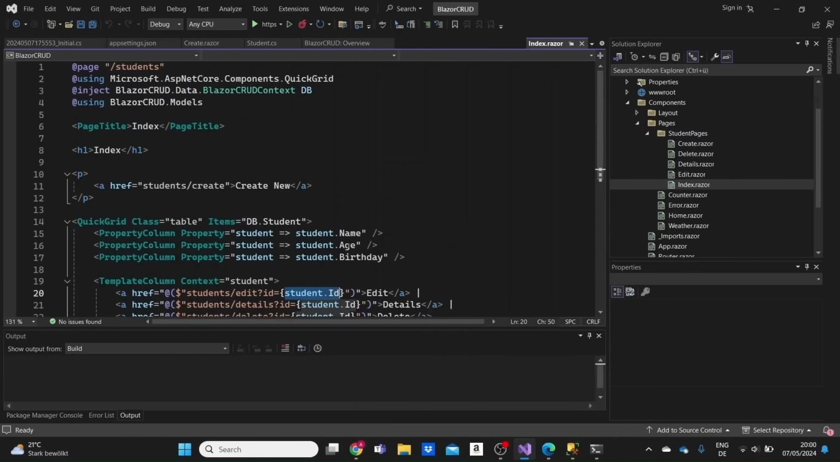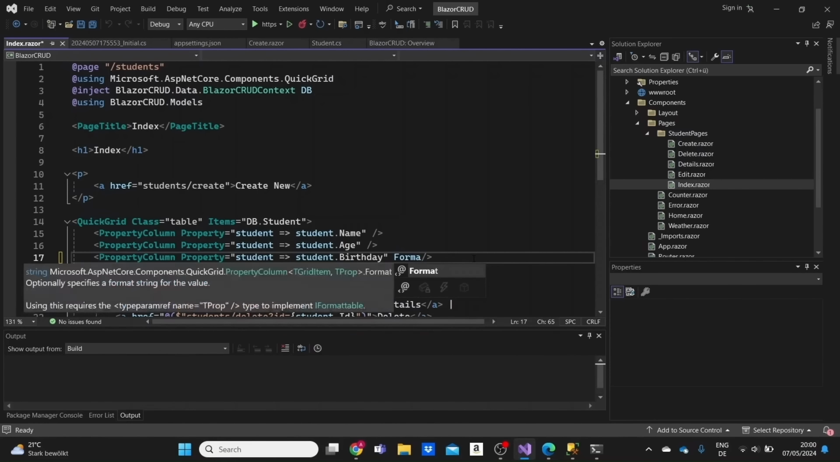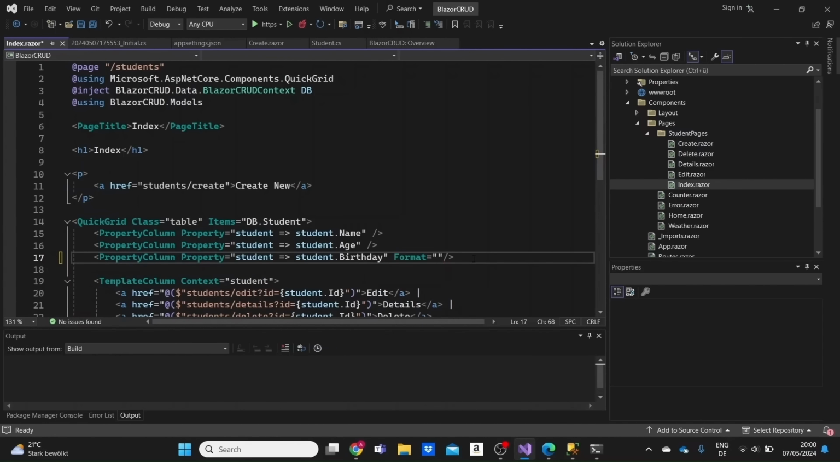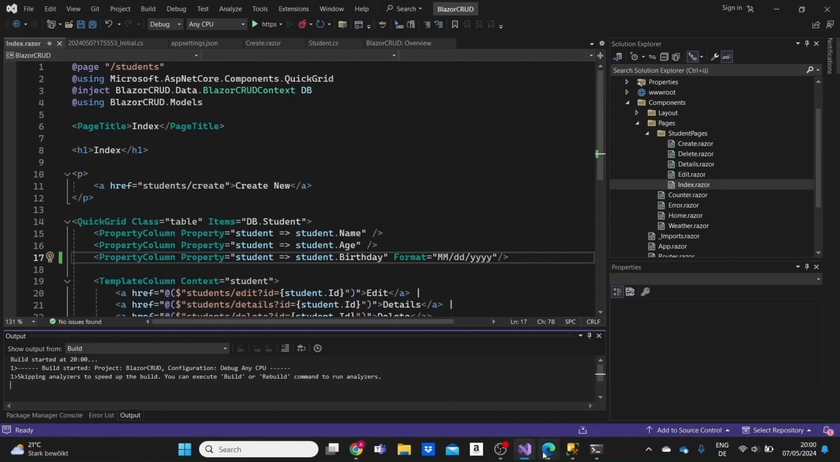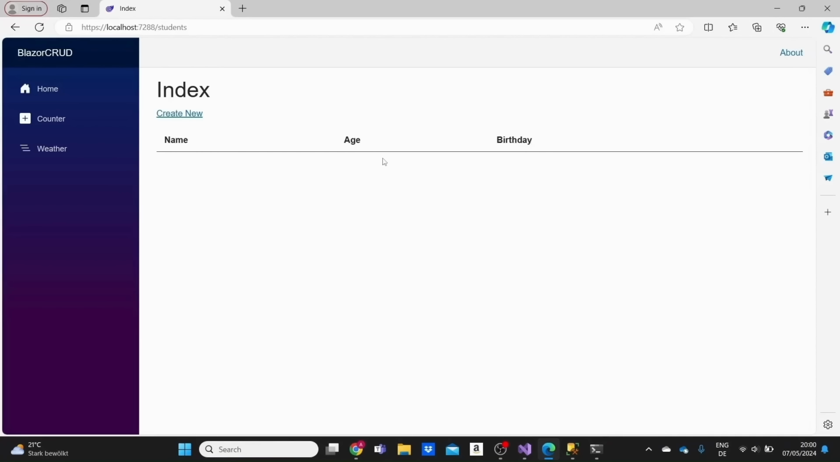And what we can do in this QuickGrid component is, as we saw, the birthday was not displayed as we wanted it to. We can add a Format attribute. And let's say we set it to month, day, and year. If I run the project, this should remove the time from the birthday,